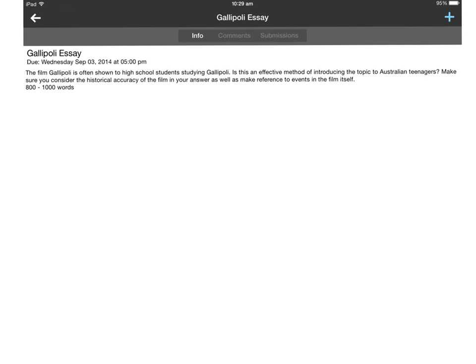The first thing you should always do when you get an essay question is underline your key words. This will tell you what you will be writing about. So our key words in this are: the film Gallipoli is often shown to high school students studying Gallipoli. Is this an effective method of introducing the topic to Australian teenagers? So they're our key words